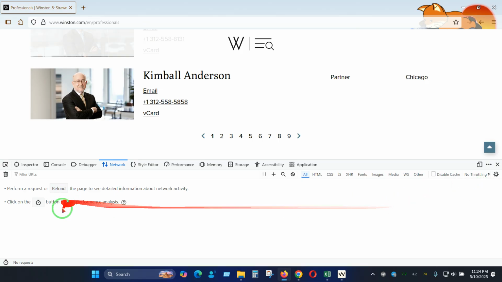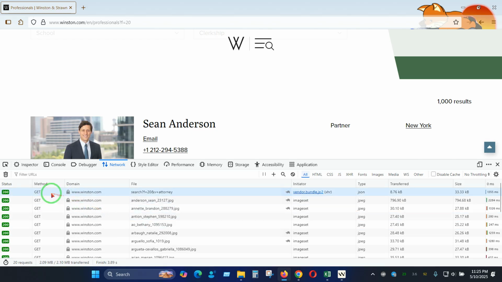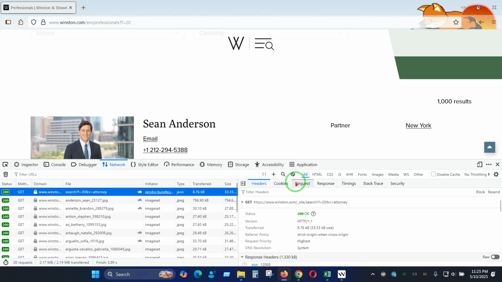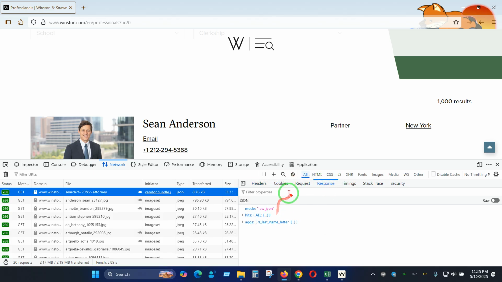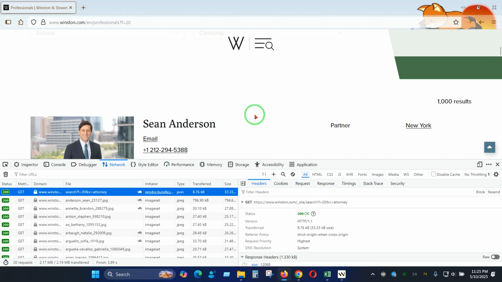So this will ensure that any link that appears here is not removed, and if you click here it will be deleting everything from this network log. So I'm going to click on the pagination to understand if they use any internal APIs. So if I click here, you will see that it is making a search request here. So let me click here to see. Yes. So basically, they actually use an internal API,